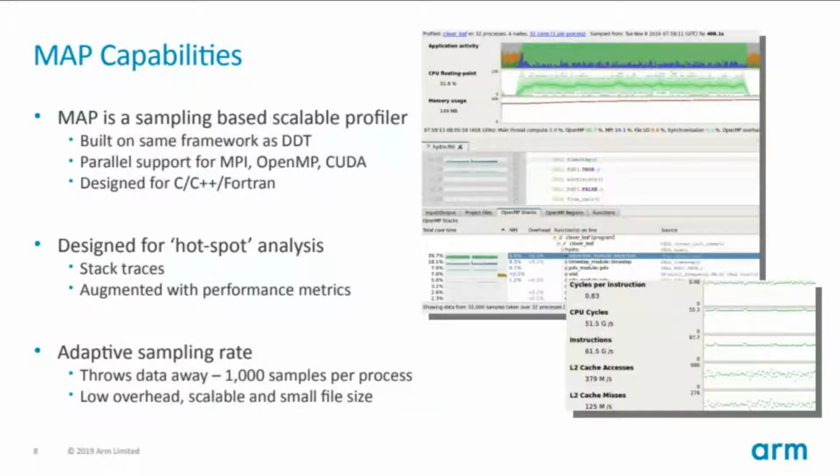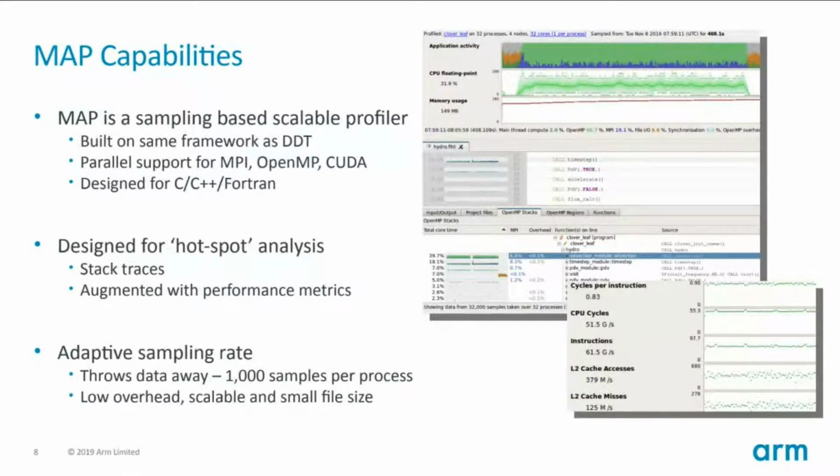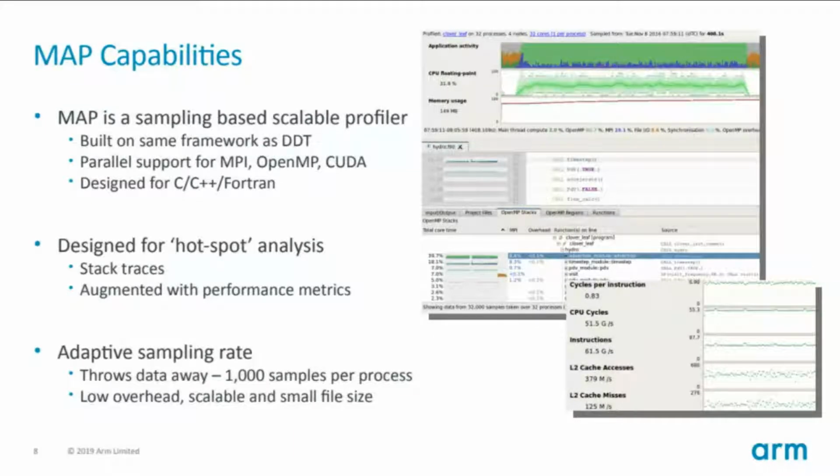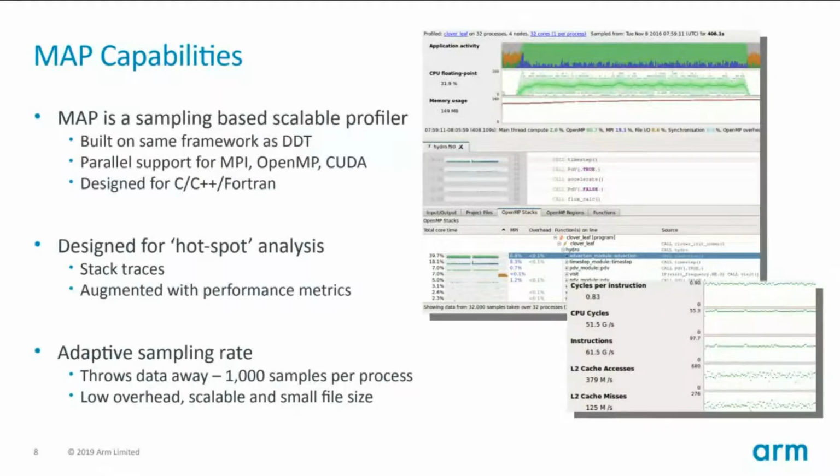So just a screenshot and kind of a highlight view of MAP. So very visual oriented, and we'll go through an interactive of looking at this, but I want to talk a little bit about the architecture of how we gather data. So MAP is a sampling profiler, does not require any instrumentation of the code, but